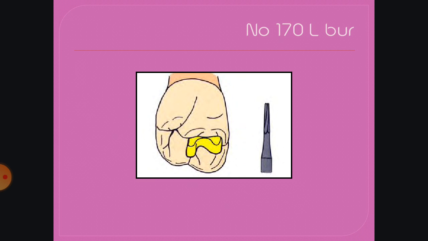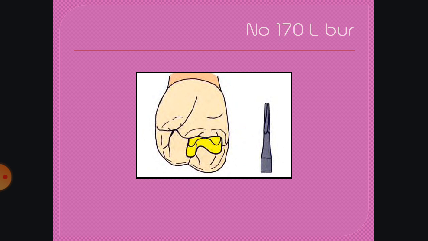We make the initial penetration into the enamel in the fossa with the tip of the non-dentate tapered Fisher burr. Once you get the catch, it is dragged through the central groove of the occlusal surface, leaning the instrument in the direction the handpiece is moving. This is the first step which we do with the 170 L burr.